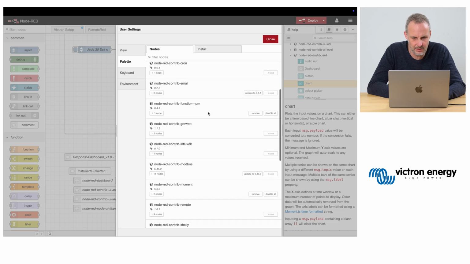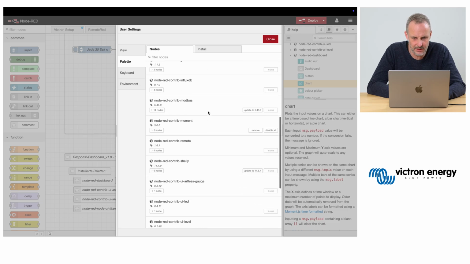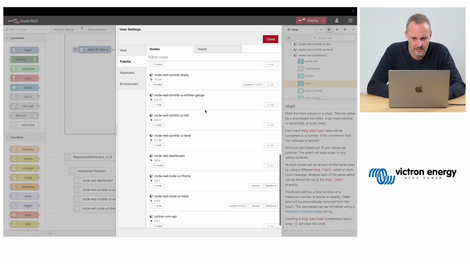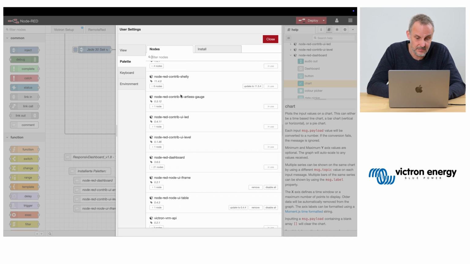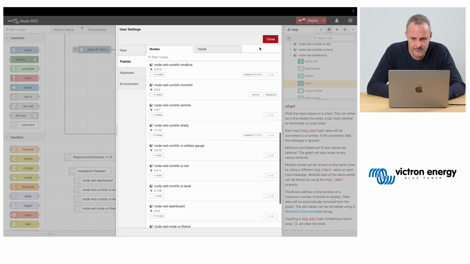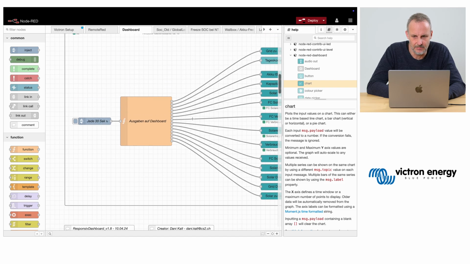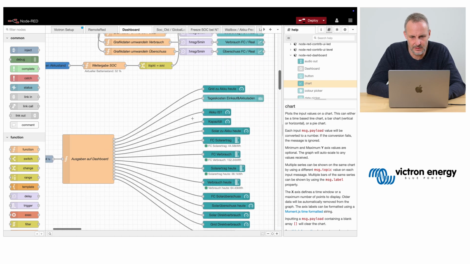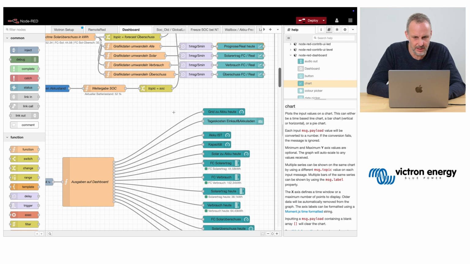If you take a look, there's quite a lot of extra nodes installed. I don't know all of them, but there's loads and loads of nodes to be found and installed.